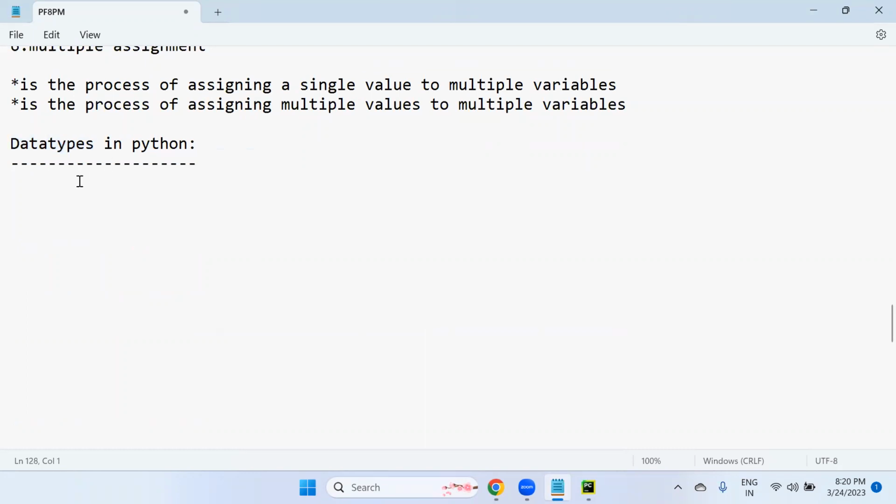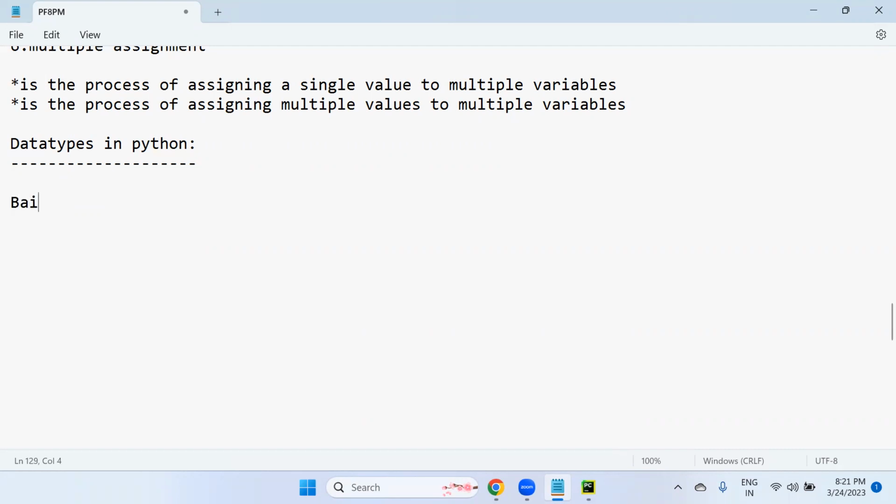So what exactly is a data type? A data type is used to represent what type of data you are going to store inside the variable. The data type represents which type of data is going to be stored in the variable. But as a programmer in Python, we need not specify any data type. Based on the type of value you assign to your variables, your variable will automatically get a data type internally. Python will provide that data type because it's a dynamically typed language. But Python supports a lot of data types.